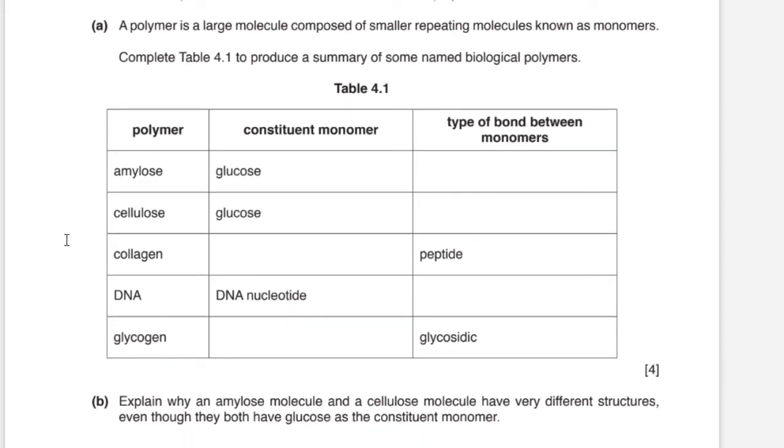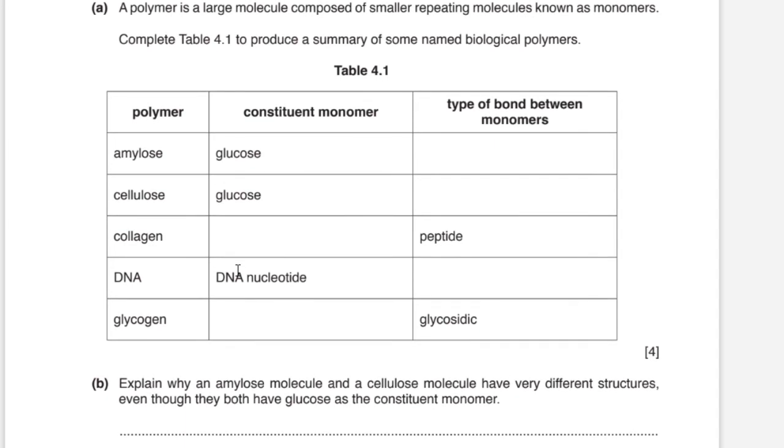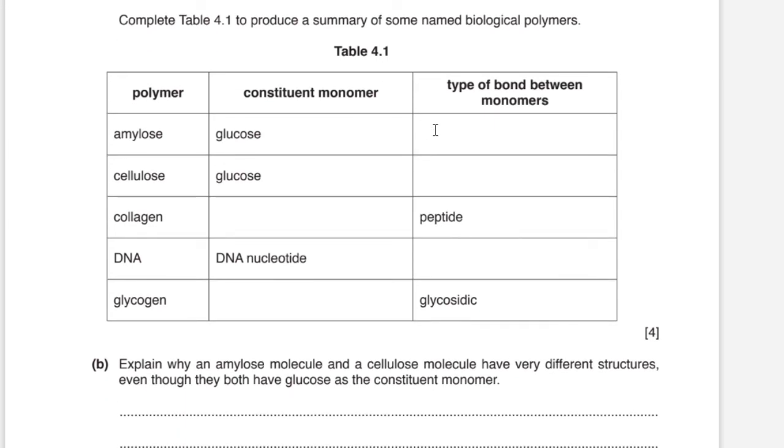Starting with amylose, the constituent monomer is glucose, and the type of bond between monomers is a glycosidic bond. This bond is present between glucose molecules in amylose, amylopectin, cellulose, and glycogen as well. So once again, we have a glycosidic bond here. Collagen's monomers are amino acids, since collagen is a protein, linked together by peptide bonds. DNA has DNA nucleotides as its monomers with phosphodiester bonds between adjacent nucleotides, and glycogen has glucose molecules for its